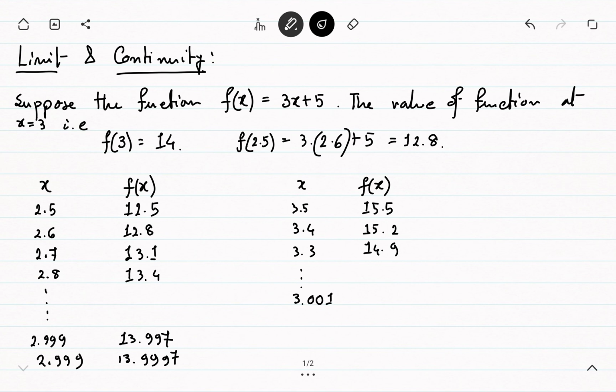3.001, it will be 14.003, again 3.0001, it will be 14.0003, and with one more zero, 3.00001, it will be 14.00003. So it will go like this, and what you will get,